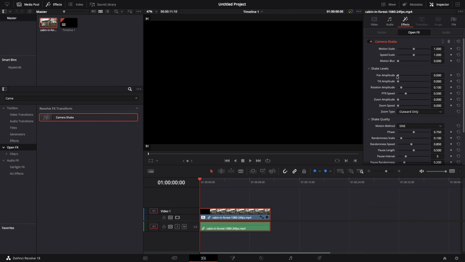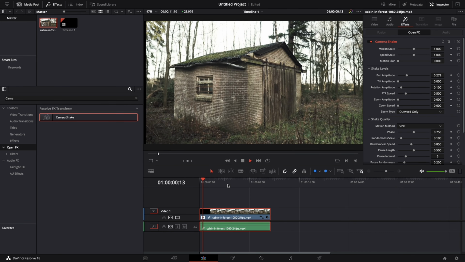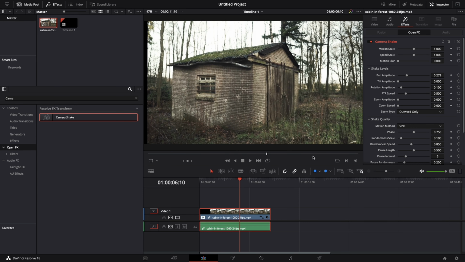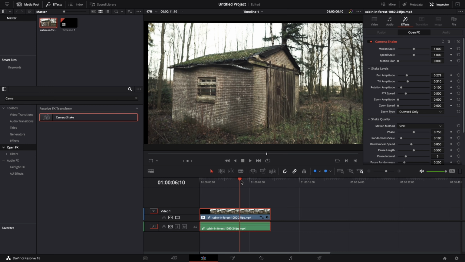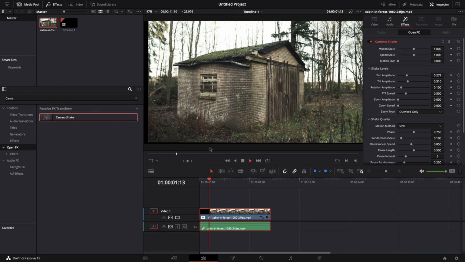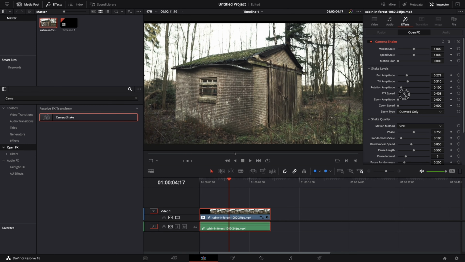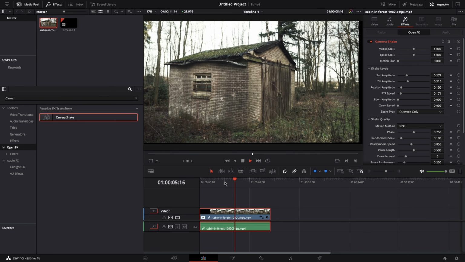This pan amplitude affects how much the shake is going to be horizontally. The shake effect is already working horizontally. I'm going to increase the tilt amplitude as well, which affects the camera shake vertically. The camera shake looks artificial for this scene, so I'm going to reduce the PTR speed, and it looks great,